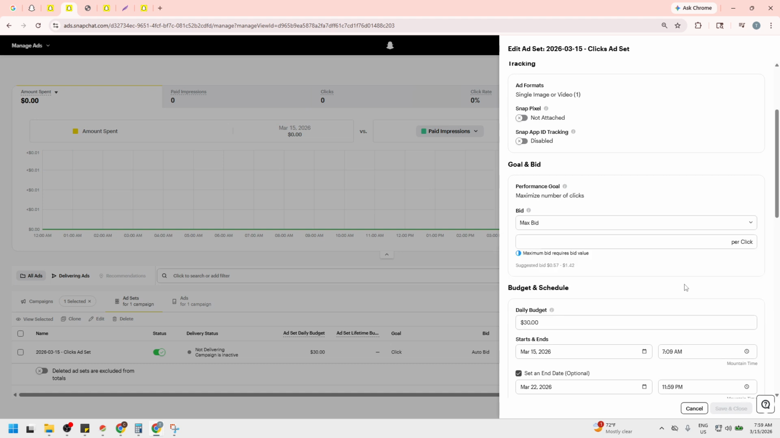Start with a conservative cap, low enough to aim for savings, but not so low that delivery stops. If the ad doesn't spend or impressions stall, slowly raise the cap in small increments until you find the lowest price point that still delivers consistently. Give each change enough time to take effect so the algorithm can adapt, and watch for steady delivery rather than